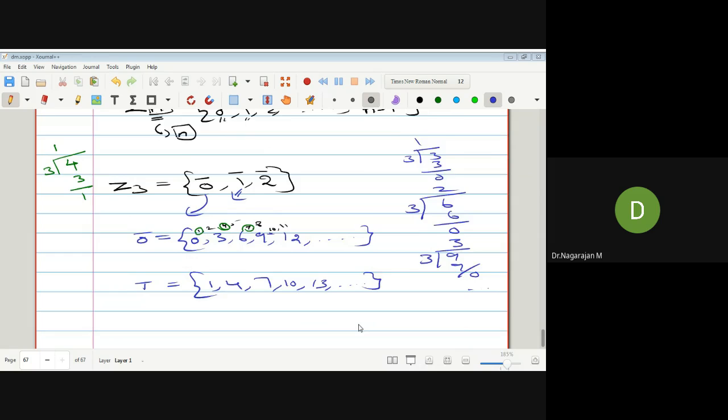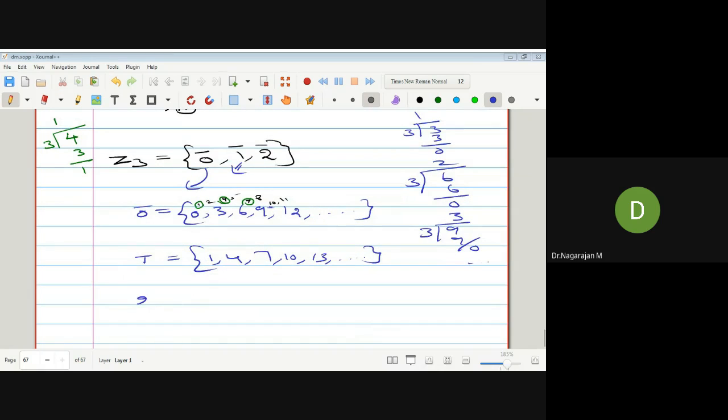So what is the second class? What is the second class? Second class equals 2, 5, 8, 11, where you keep adding 3. Okay. Similarly, we can assume the result here is 5. 5 means we divide by 3. Then what is the result here? 1 times 3. What is the remainder? 2. Therefore, remainder 2 is the class of 2. Therefore, the first element here is 2, plus 3 is 5, 5 plus 3 is 8, 8 plus 3 is 11, going on. Okay. This is the Z3 classes.